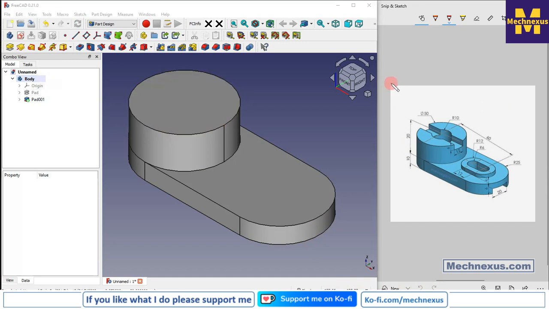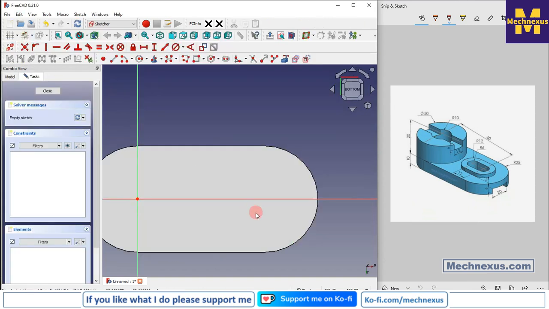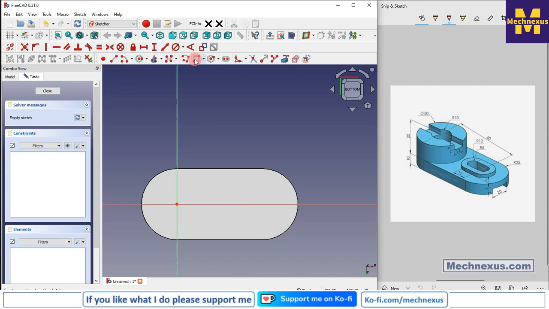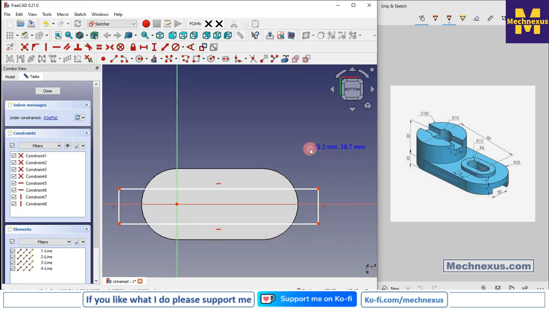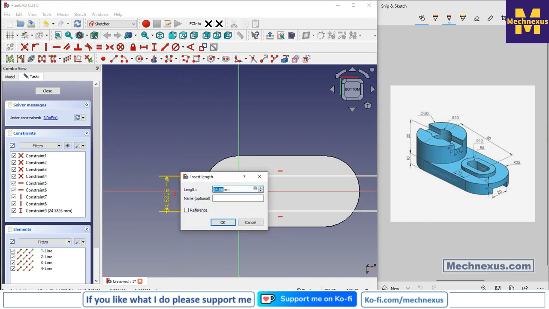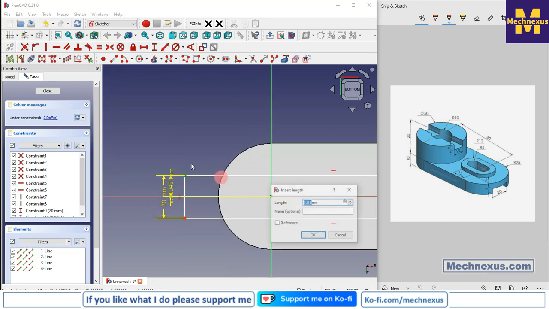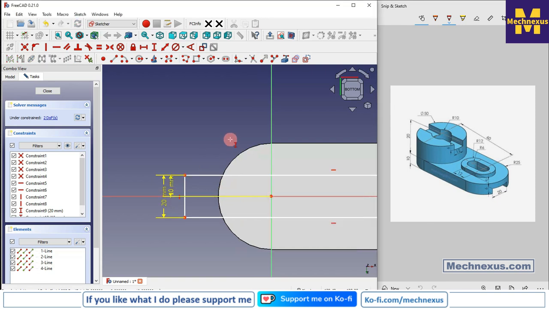Now we will create a cut at the bottom side. So we will select this bottom face and click on the sketch, and we will simply create a rectangle, select vertical dimension and provide the vertical dimension of 20 mm, and from this point to this point provide 10 mm,